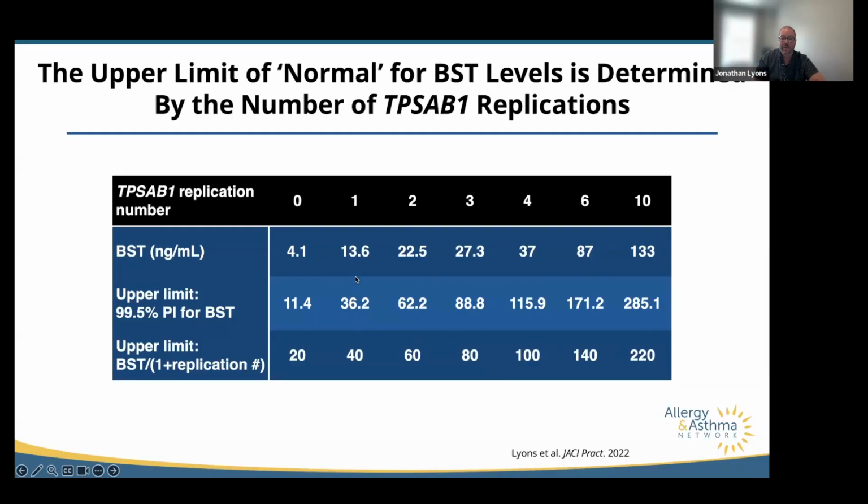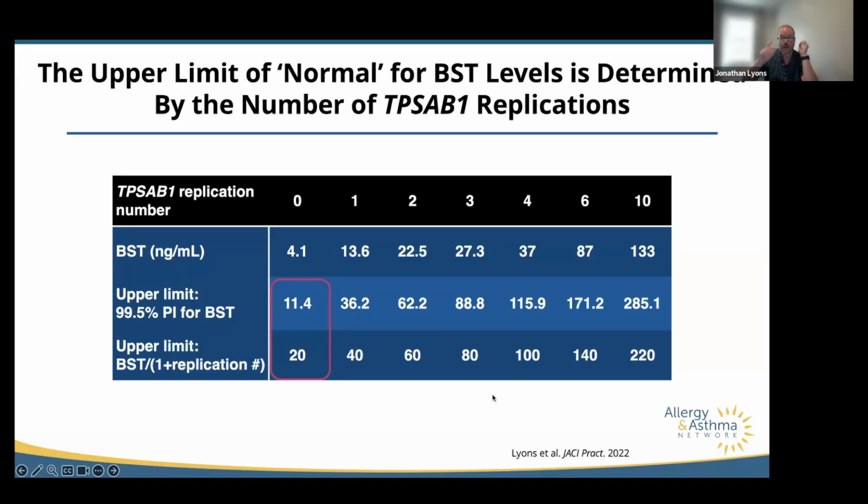Interestingly, and I think quite nicely, those levels match up quite nicely with our predicted levels. So 40, 60, 80, 100, 140, 120, awfully close until you get way out here where those levels are probably a little bit spurious and it's hard to know exactly what's normal or abnormal. The important caveat is that it doesn't adjust for people who don't have hereditary alpha-tryptasemia. So I suspect in the end, there may be some sort of consensus recommendation where the recommendation is if you don't have HAT, 11.4 is your cutoff. If you do have HAT, you can use either of these methods, but the numerical one's probably a little easier.